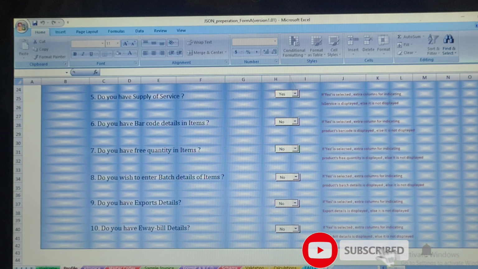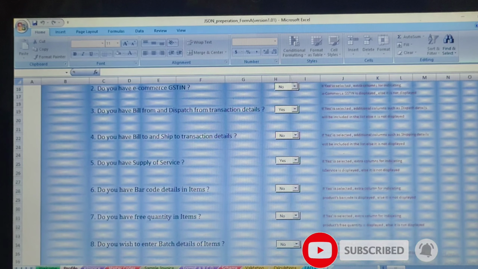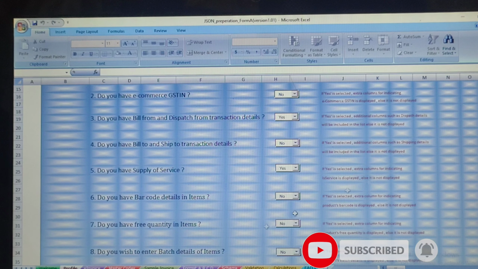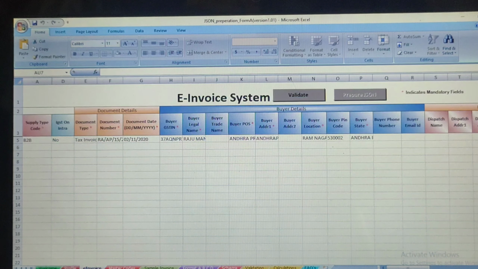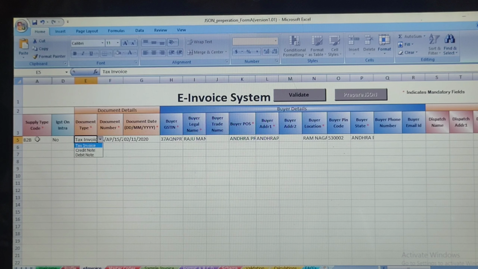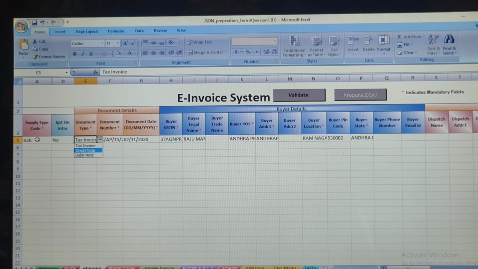According to you, you can take as your preference. I have taken B2B and I have taken no for the rest. I am uploading here a tax invoice. If you have a credit note or debit note, you can accordingly choose the same. Here I am taking tax invoice.